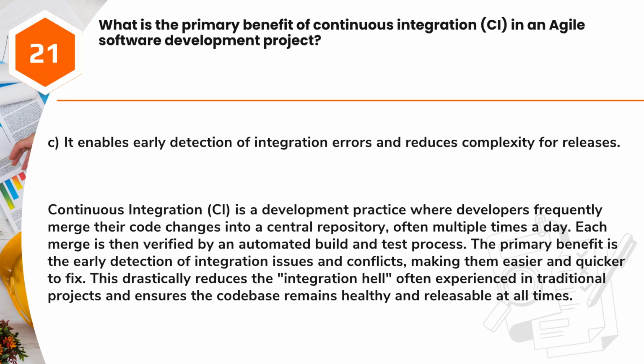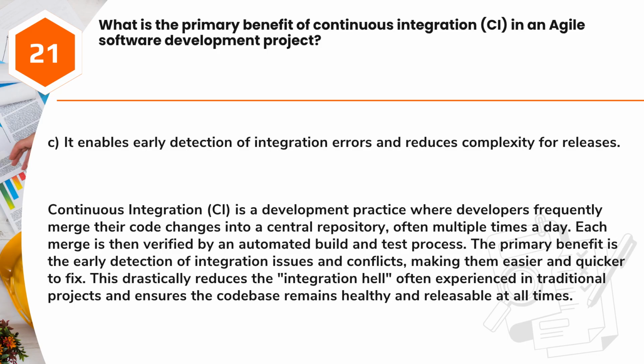Answer: C. It enables early detection of integration errors and reduces complexity for releases. Continuous integration, CI, is a development practice where developers frequently merge their code changes into a central repository, often multiple times a day. Each merge is then verified by an automated build and test process. The primary benefit is the early detection of integration issues and conflicts, making them easier and quicker to fix. This drastically reduces the integration hell often experienced in traditional projects and ensures the codebase remains healthy and releasable at